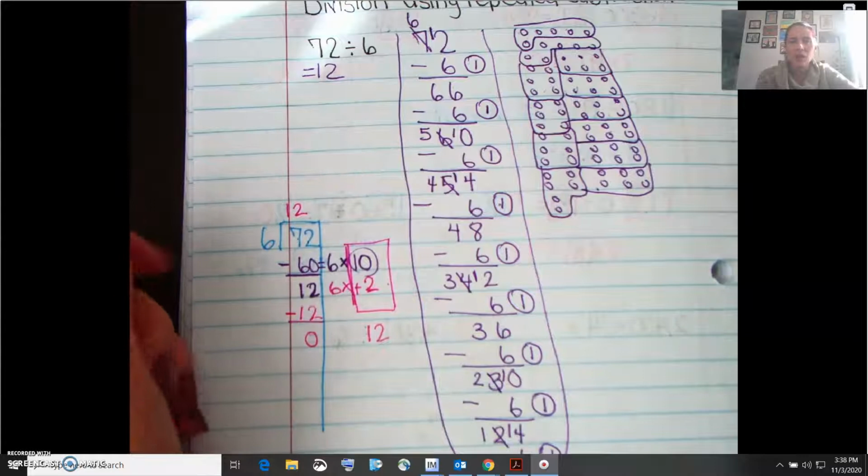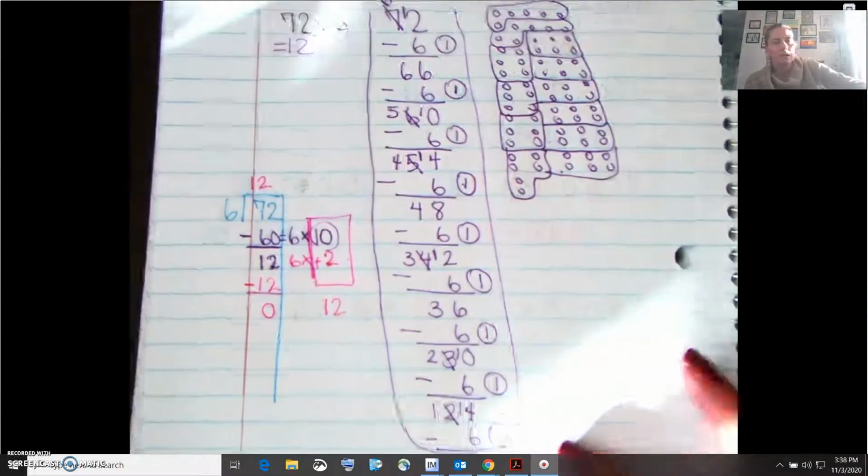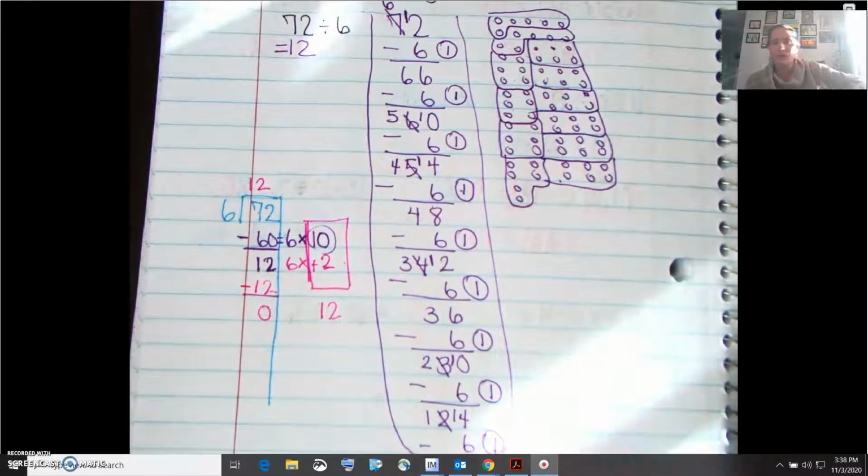So let's go ahead and try another one. Don't worry if that was confusing, we are going to practice more with this one. Okay, so now we are going to do 125 divided by 5. And the first thing that I want you to do is draw your